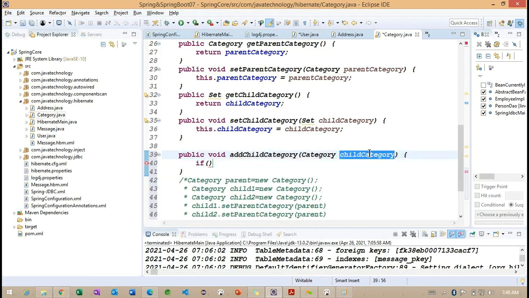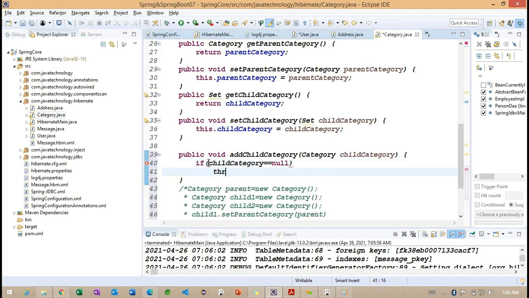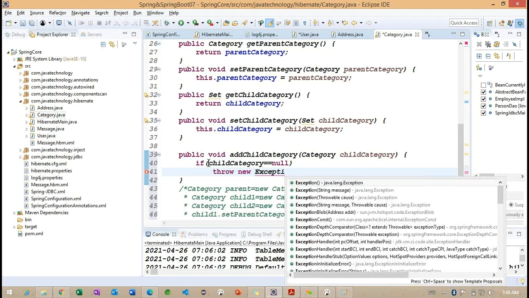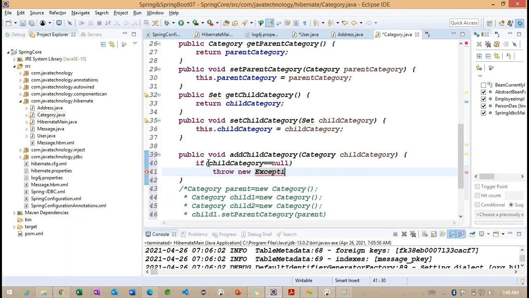Now what are the conditions I am making? If the childCategory is null, we can throw a new exception with the message: Child object is null.